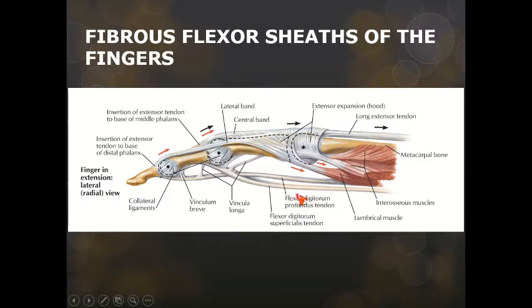So coming to the palmar aspect, we can identify flexor digitorum superficialis tendons. They are going to divide into two slips, and they are going to attach to either side of the middle phalanx. And this flexor digitorum superficialis tendon is connected to the proximal phalanx by a fibrous flexor sheath called vincula longa. Whereas the vincula brevia, which is the fibrous sheet which is helping